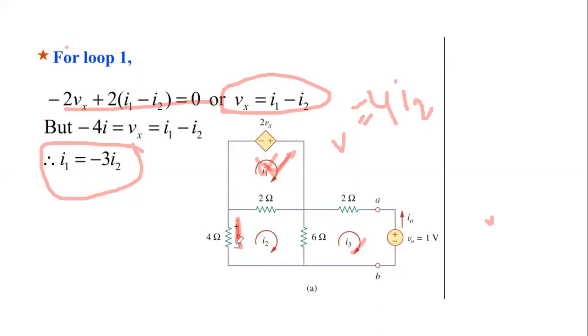Forget this one. Forget Vx. Right, tell me the equation. Quickly. 2 plus 2, 6 into I1 minus I2. 6 into I2 minus I3, right? Yes, sir. I2 minus I3. And 2 into I2 minus I1 will be there. Okay, sir. Won't it be? Imran. Yes, sir. 2 into I2 minus I1.